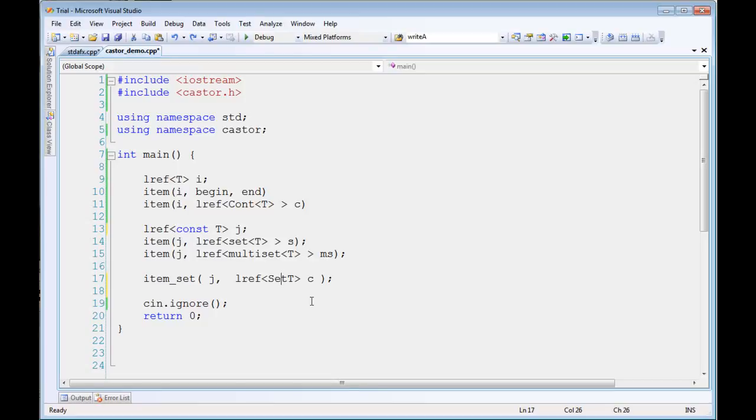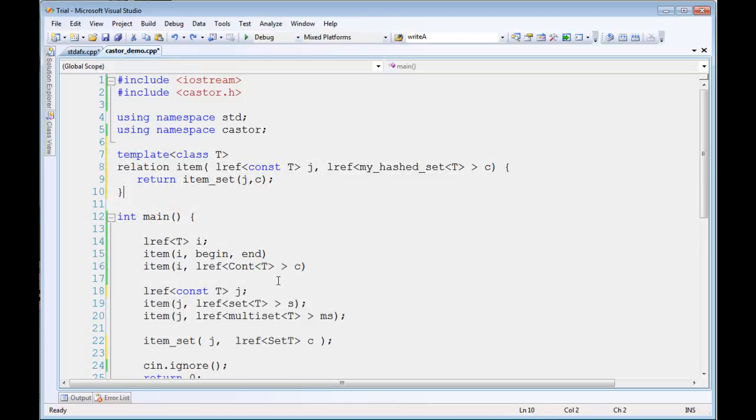In generic code, it might be desirable to use a single item relation and not use two different relations like item and item_set to deal with set and multiset versus third-party or custom libraries. For such cases, you could define a custom overload for the item relation, in this particular case for a custom hashed set, that merely forwards the invocation to the item_set